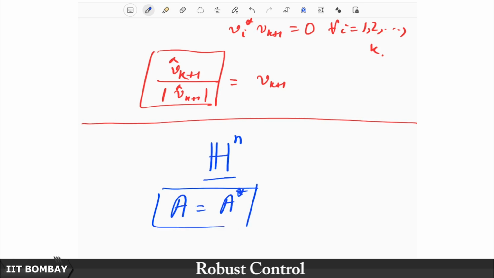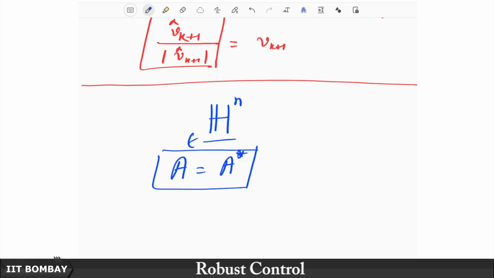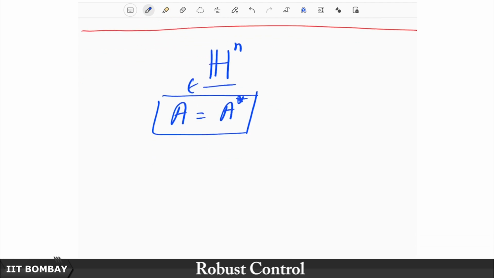So, all such matrices belong to this vector space, right. We have already seen that such matrices have real eigenvalues, but now I am going to say that